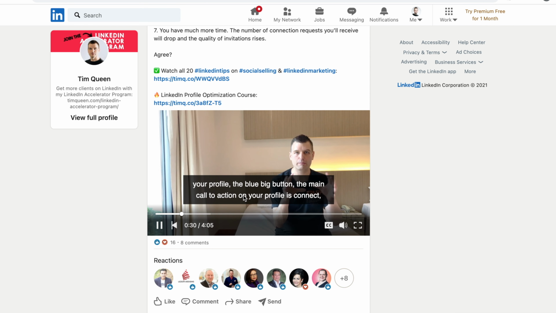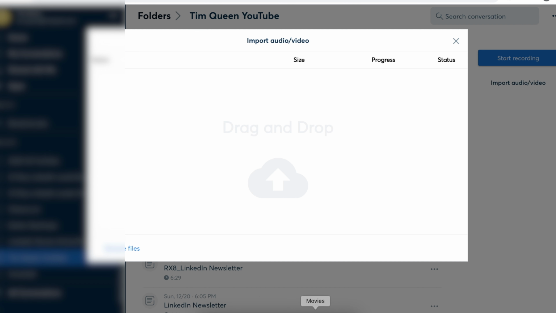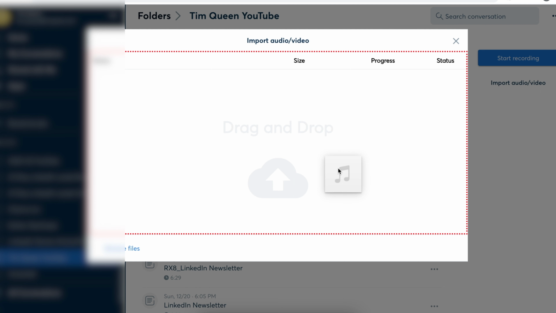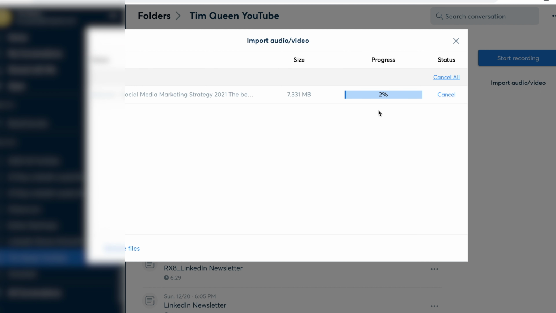Now, how can you get this? It's very simple. You want to record your video, you finalize it, and then you want to go over to a platform which is called Otter. Now on Otter, all you have to do is take any MP3 file, MP4 file, video, it doesn't really matter, Otter can digest anything, and you're going to upload this, and it will take a little bit of time to process the file.